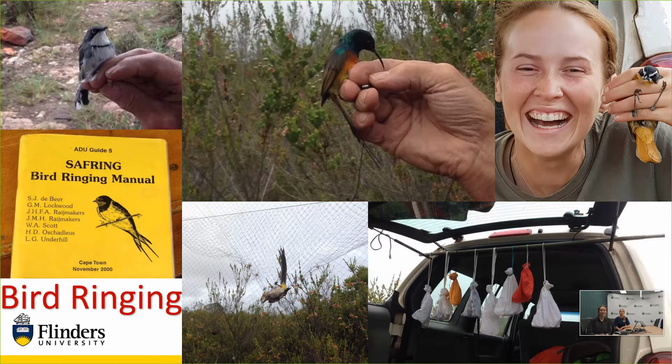We also did bird ringing. This is looking at how birds can be identified. You have a little metal ring that you put on their leg, as you can see in the top one, a little metal clasp, and that's able to identify them in the future. This doesn't cause harm to the birds, and then you can recapture them later and assess their condition